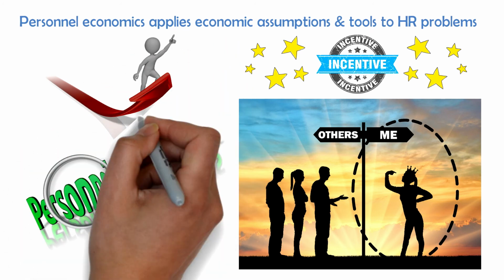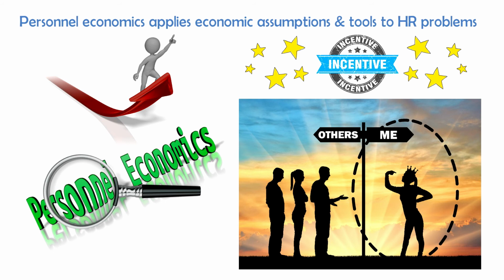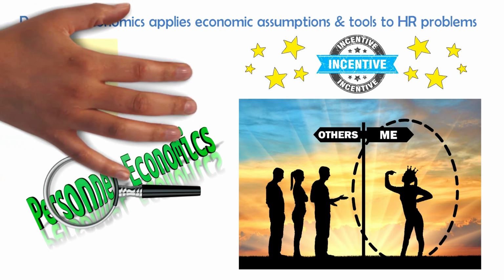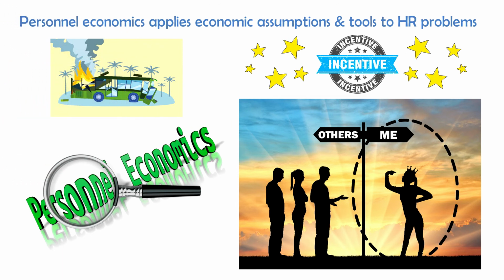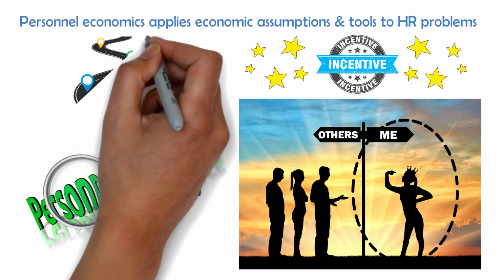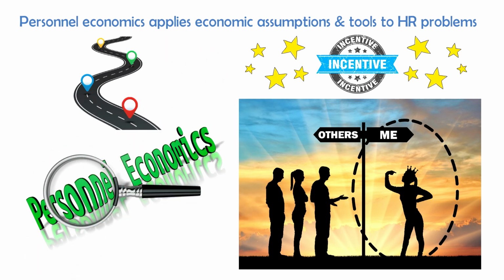For example, personnel economics suggests that while paying a fixed wage to bus drivers doesn't undermine safety, it doesn't provide an incentive to reduce bunching. Per-passenger compensation provides this incentive, but may also have unintended consequences such as reduced safety. So this can push HR to think about alternatives. For example, GPS systems could be used to show the locations of the buses to the drivers and to reward the drivers for maintaining specified intervals between their buses.